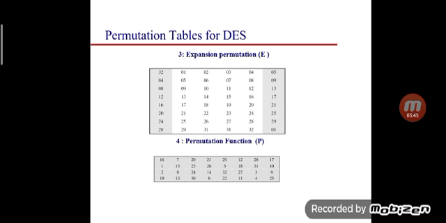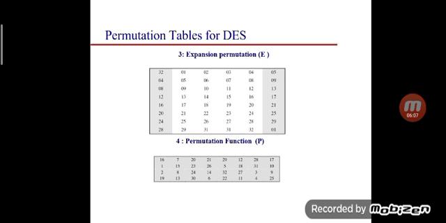So our plain text is of 64 bits. From the 64, first we have to discard 8 bits, so we will remain with 56. From 56 we also discard 8 bits, so the answer will be of 48 bits. So here we can represent the 48 bits by using the expansion permutation function E.